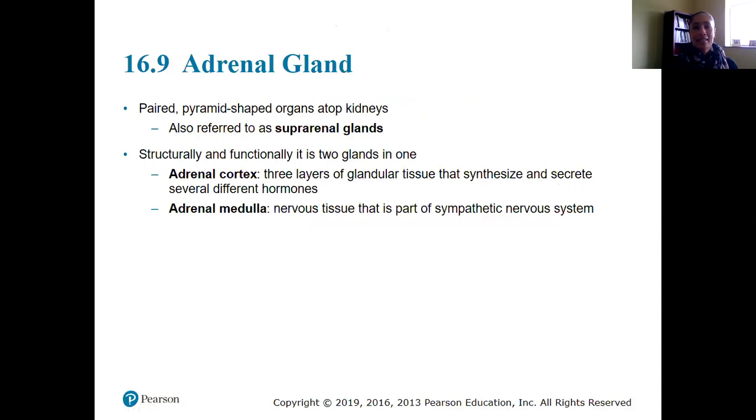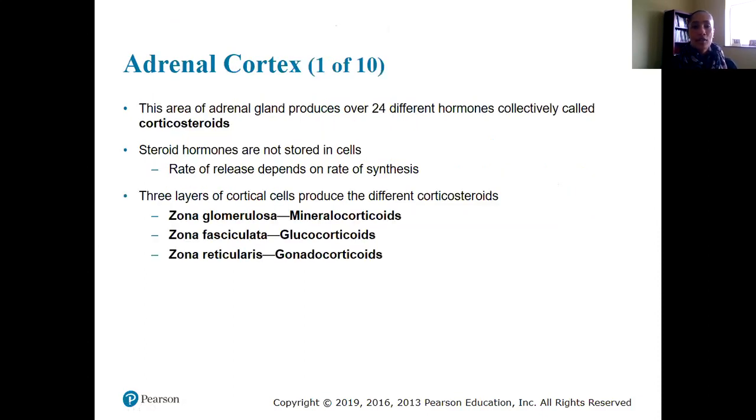Okay, the adrenal gland. Like I said, remember that the adrenal glands are found atop our kidneys, and there are 2 divisions of the adrenal glands. We have the adrenal cortex and the adrenal medulla. The adrenal cortex is the portion of the adrenal gland that governs the secretion of our corticosteroids. And this area of the gland produces over 24 different hormones that we collectively call our corticosteroids. The steroid hormones are not stored in cells, and the rate of release depends on the synthesis